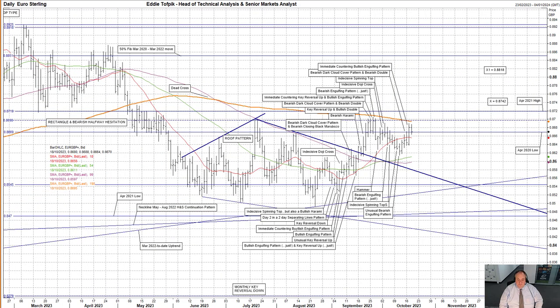Euro sterling. The market is, overall, right now, caught between the overhead slowly declining long moving average at 86.95 and the twin supports below of the rising short medium moving average, currently 86.11, and the medium moving average, currently 85.98. Additionally, the declining trend line of the June to September roof pattern, currently at 85.80, is not far below, and that's highlighted in dark blue on my daily chart.